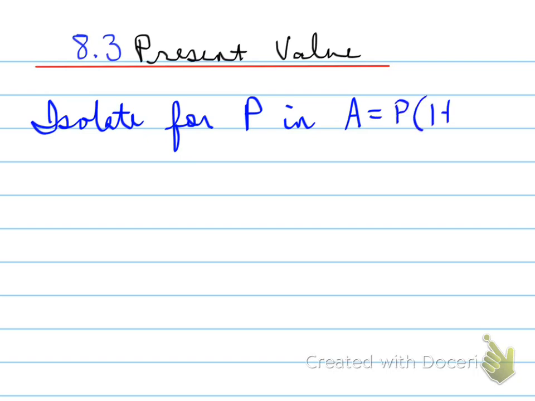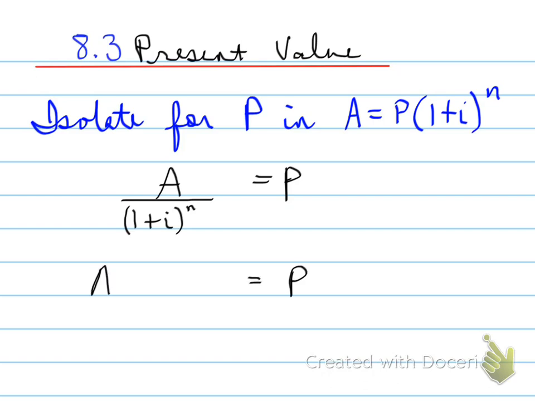For example, in compound interest, we know that the formula is A equals P times 1 plus i to the power of n. Now, what we can do is isolate for P if we're looking for the principal value. That is, P will be equal to A over 1 plus i to the power of n. That is, you take the amount and divide by 1 plus i to the power of n. The principal value is going to be A divided by 1 plus i to the power of n, or if you remember in the exponential